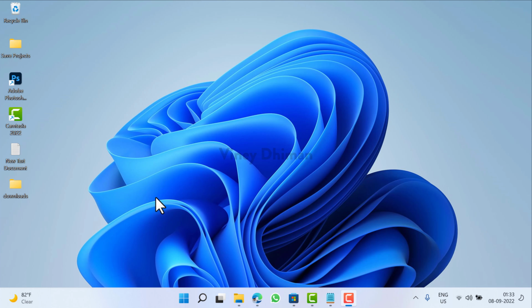In today's video I'm going to show you how to use title bar window shake feature to minimize or maximize other windows in Windows 11. So let's get started. First of all you need to enable title bar window shake feature, and for that